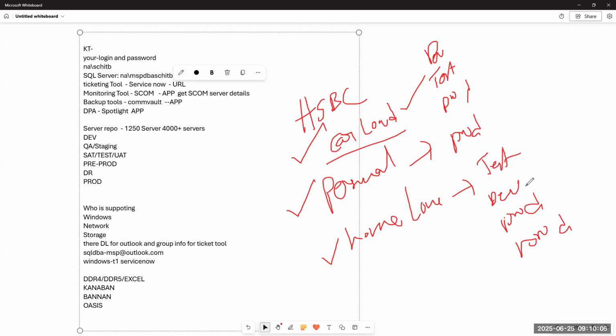It will differ in the real world. I missed this question actually. It will differ, sir. HSBC is your client. Within that client, these are all the applications. Some applications have a dev platform, test platform, prod platform. Some application has only a prod platform. Some have test, dev, prod, two dev servers, two prod servers. Unless we go to the repository, sir, we don't know. We are completely unaware.